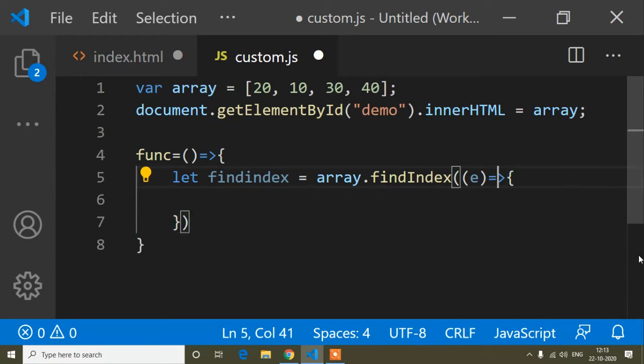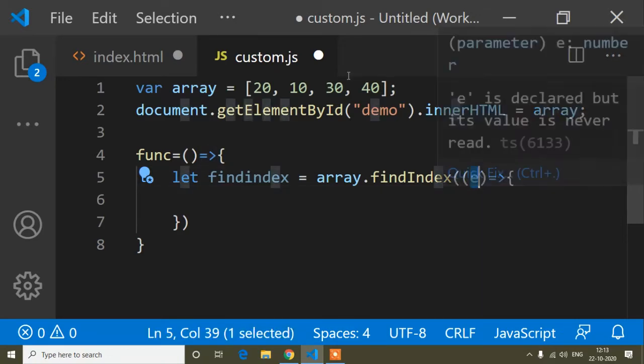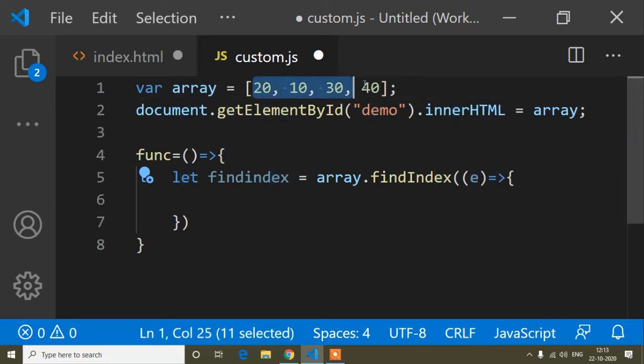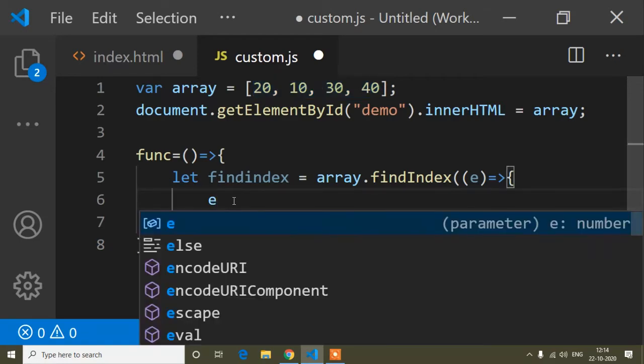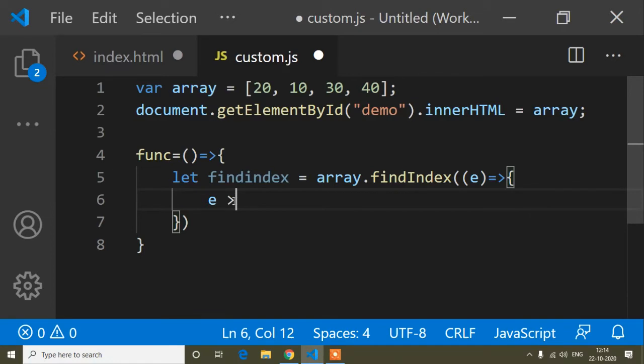So you can see this is the arrow function, and this e is the parameter name, and it denotes the value of the array. So here I will write e equals to 20.